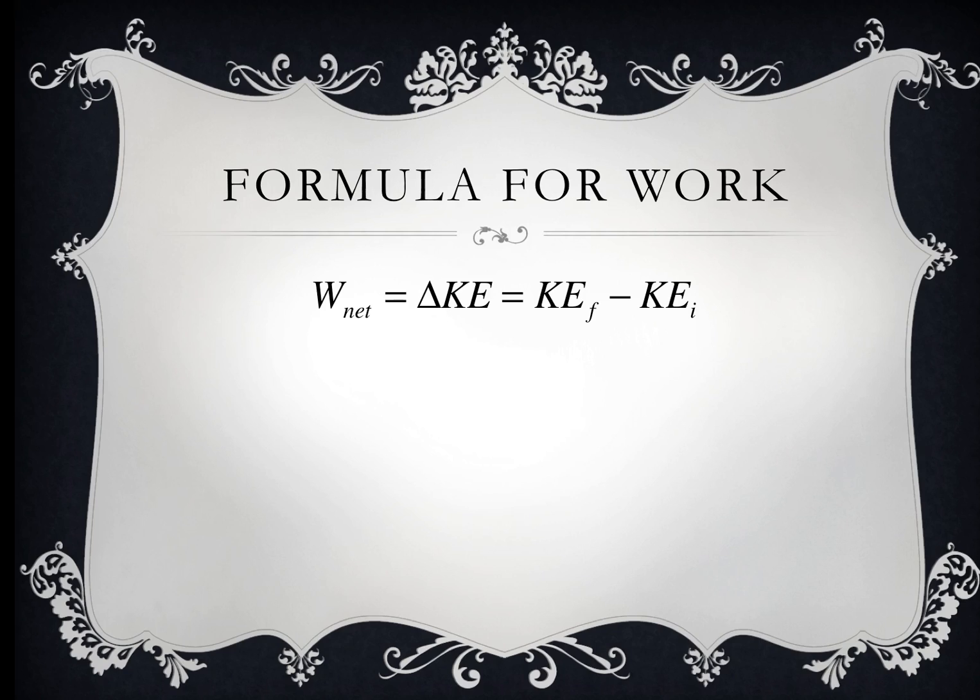So the important thing to know is that if net work is 0, then there is absolutely no change in kinetic energy. So the object does not speed up, the object does not slow down. It might be changing direction, but keeping the same speed. And if it keeps the same speed, then the value of v doesn't change, and there is no change in